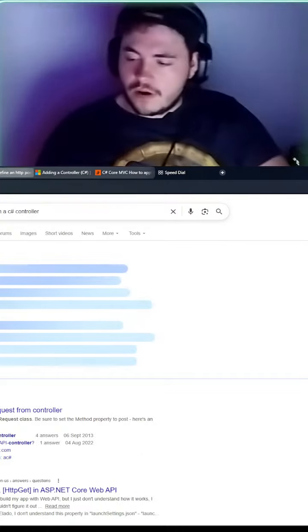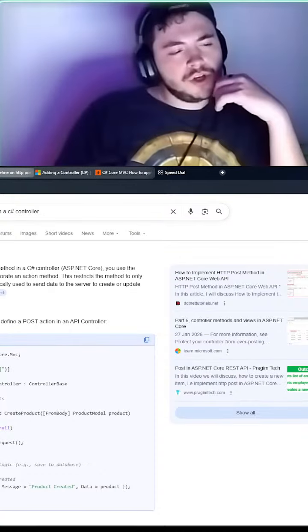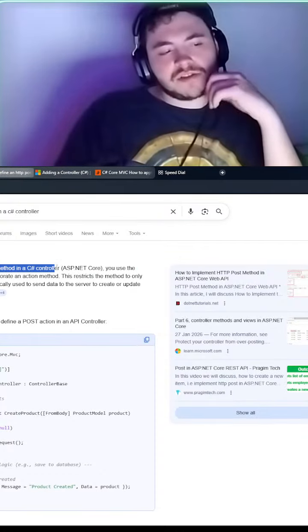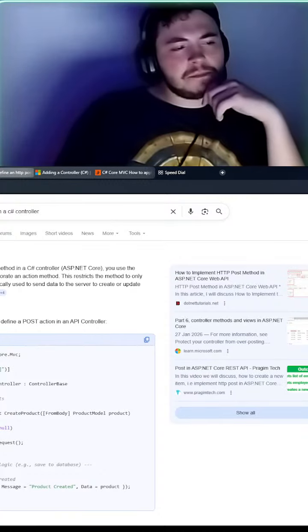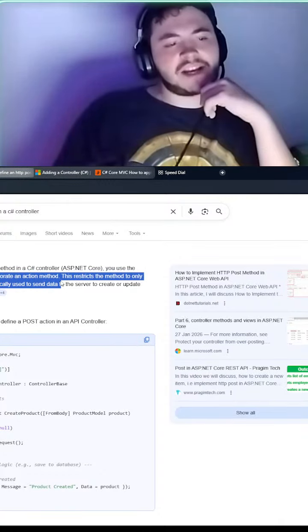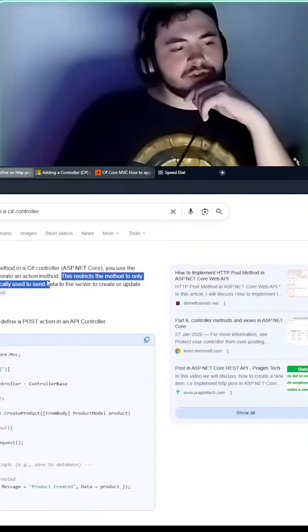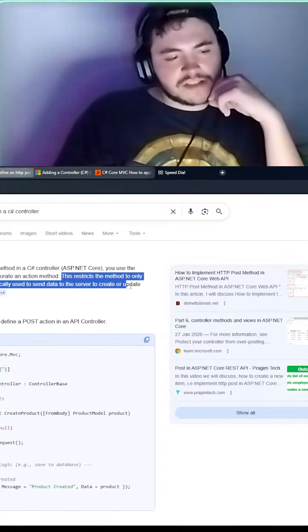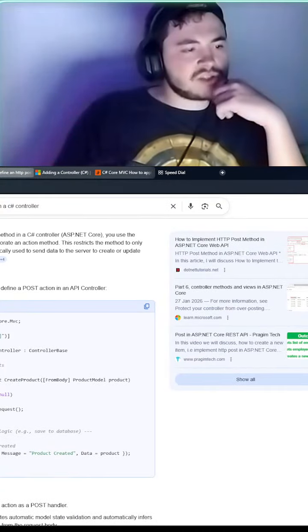Let's do that. To define an HTTP post method in a C# controller, you use the HTTP post attribute to decorate an action method. This restricts the method to only handle post requests, typically used to send data to the server to create or update resources. Basic structure, here's the standard.